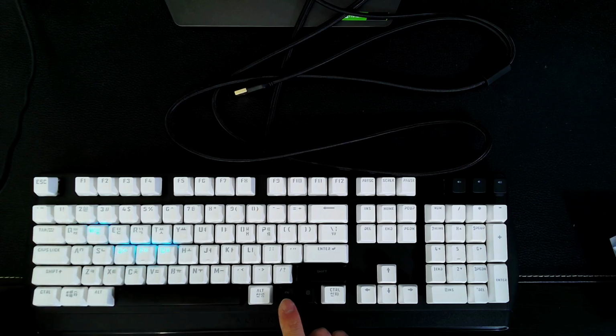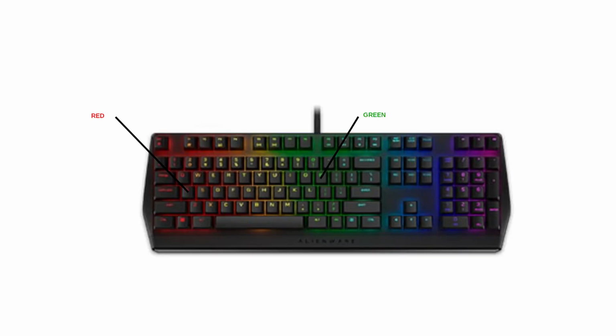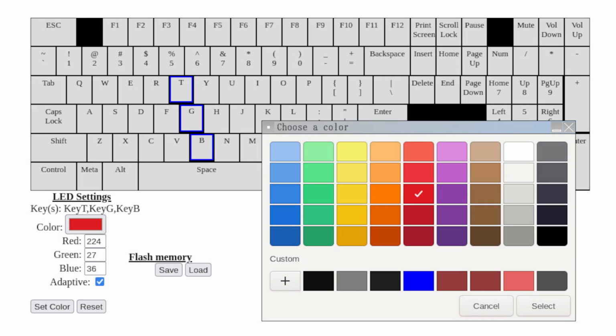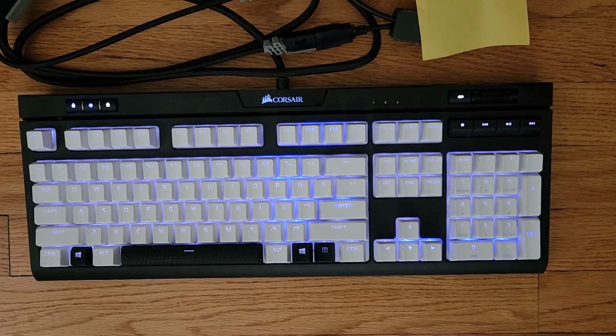The goal is going to be to: 1. Pass through keyboard inputs from the keyboard through the Pico 2 to the connected computer. 2. Use a light-dependent resistor, or LDR, to adjust the lighting dynamically based on the ambient light conditions. 3. Allow individual configuration of the RGB LEDs on a per key basis. And finally, 4. Provide a user interface for the LED configuration on a web page that's served through the USB connection. I should point out that I've basically done 1 and 2 previously with the regular Pico, although the